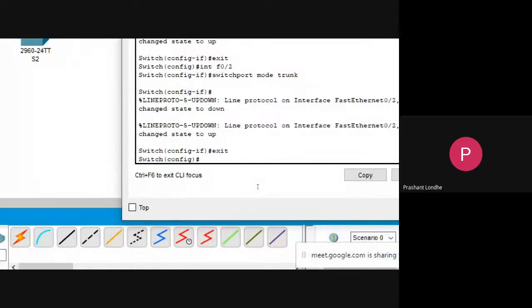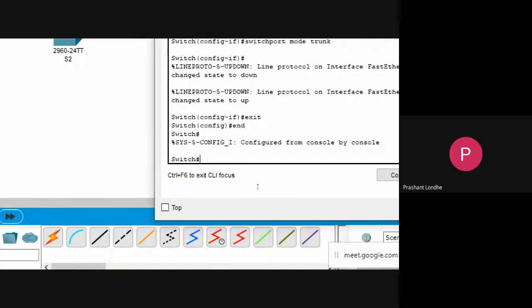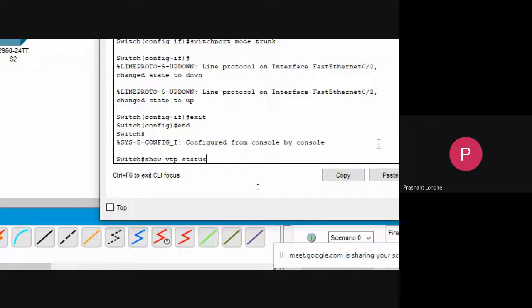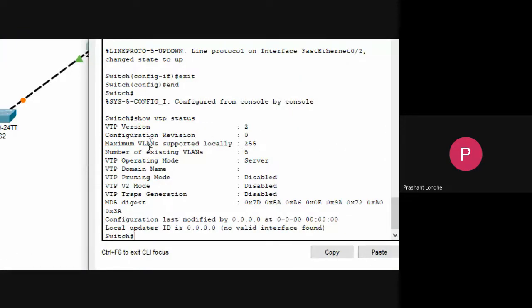Just exit over here. Now I need to display the VTP status. So end, and just see show VTP status. You can see we have applied the trunking protocol over here.